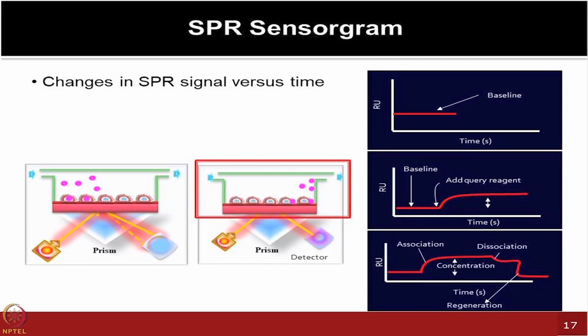You are still injecting your buffer, and then ideally they should start washing off, and then you will see the off rate going in. And now you are doing these experiments on the noble metals, which are very costly, essentially gold, you are using. So you want to regenerate, you want to reuse the same slide again and again, at least a couple of times. So then you are trying to do regeneration, and you are using some mild acids to chop